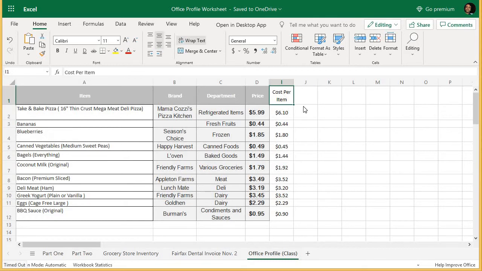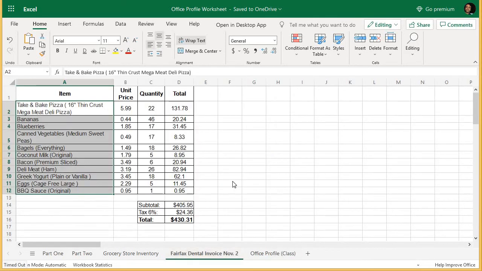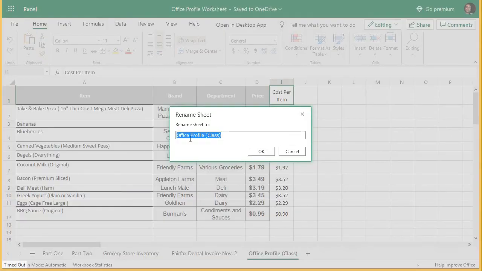Alright, so we have the cost per item, and we need to add the quantity, right? We need to, because this office, this dental office right here, let me